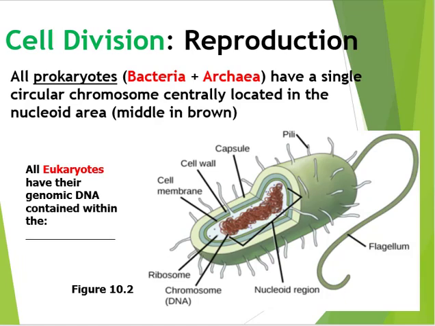Asexual reproduction is the formation of a new individual by one parent cell without the introduction of any new DNA, so no egg or sperm. There's only one set of chromosomes being passed down to the daughter cells, and in this case, all of the offspring from this process are genetically identical to each other and to the parent. This process is known as binary fission, which translates as splitting in two, where an organism's single cell divides,